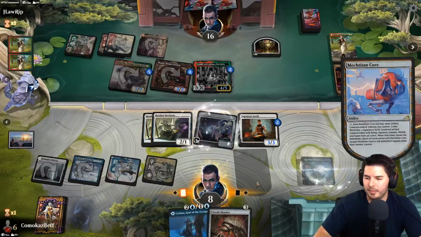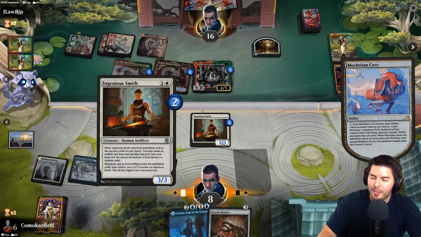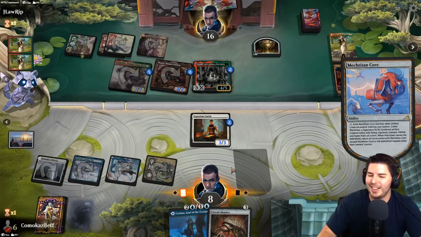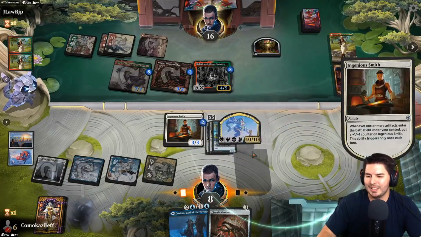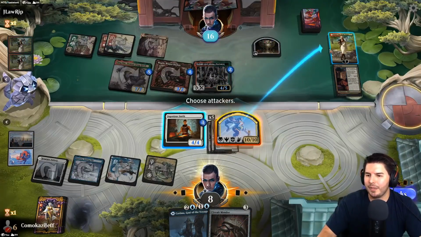We found it. Life is grand. Another artifact's going to be entering the battlefield here, so it does buff up the Ingenious Smith as well. So, pretty nice. It's a big gold dude. It has vigilance, so even if... ooh, do I just go for...